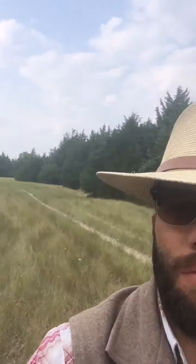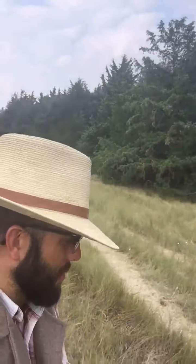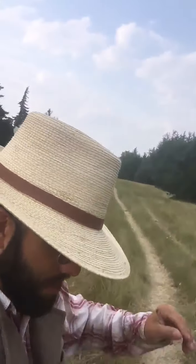Hey folks, Flamin' Friday, number 12. We're answering the question: what sort of effect do the trees have on grass species composition? Now this is a little bit more of a special site